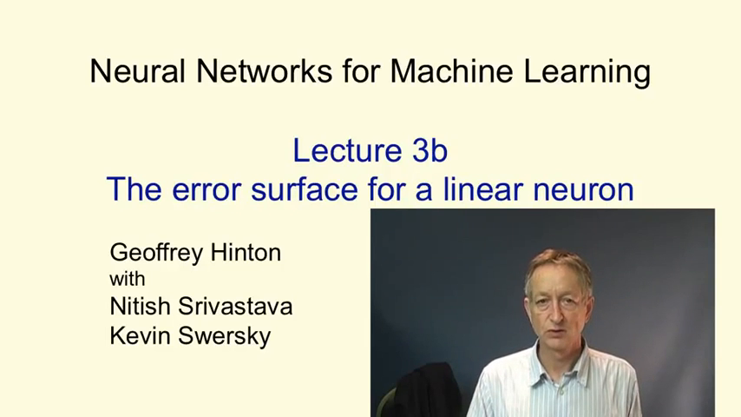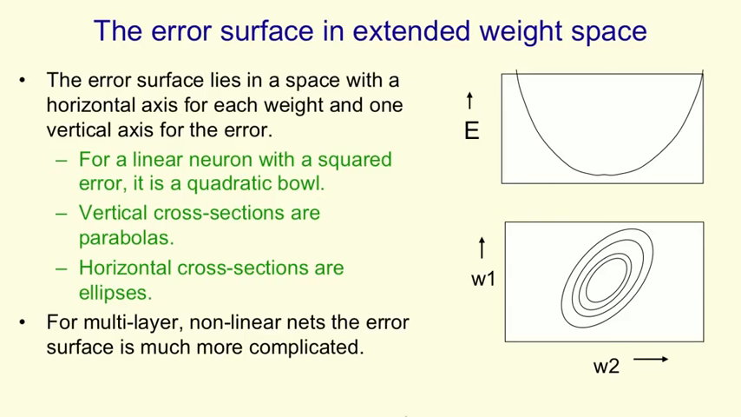In this video, we're going to look at the error surface for a linear neuron. By understanding the shape of this error surface, we can understand a lot about what happens as a linear neuron is learning. We can get a nice geometrical understanding of what's happening when we learn the weights of a linear neuron by considering a space that's very like the weight space that we use to understand perceptrons, but it has